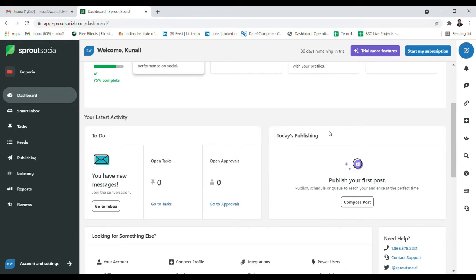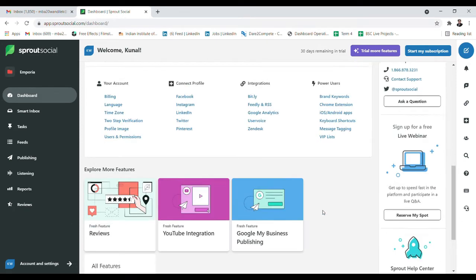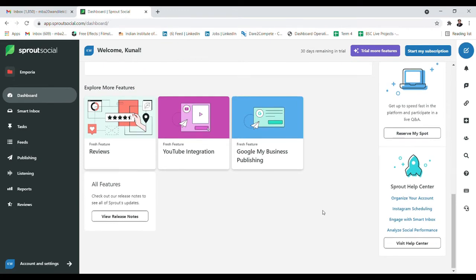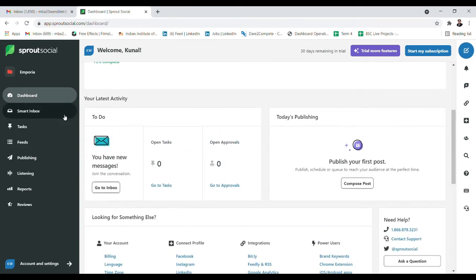Just on the right side, in this box, you can see publish your first post. So basically you can compose a post for any time, any date. Maybe I have a very important event coming up, and I have a post which I decided to put at a particular time or date, and maybe I'm very busy at that time. So what I can do is schedule that post, and it will automatically get published. I can schedule it for any channel, as I already mentioned. Other than that, there is nothing much more important. Once you start hands-on practicing with the tools, you will get more familiar with it.